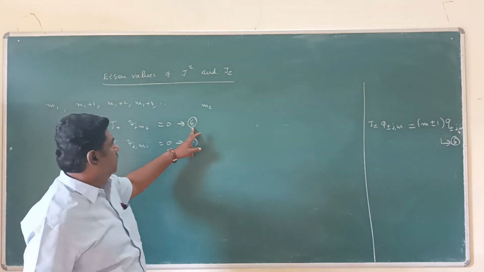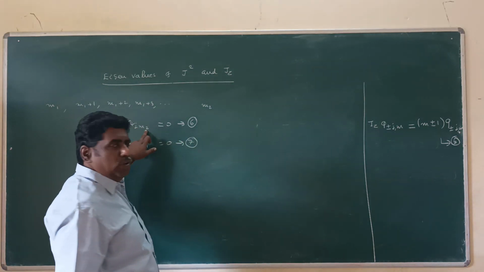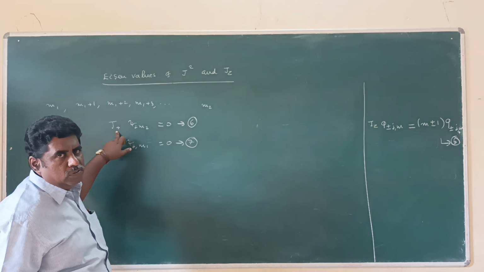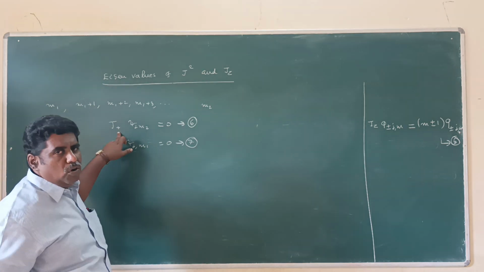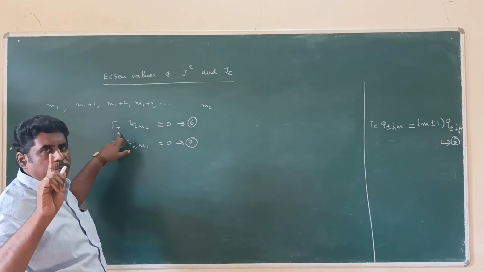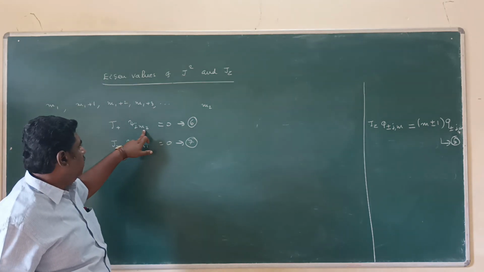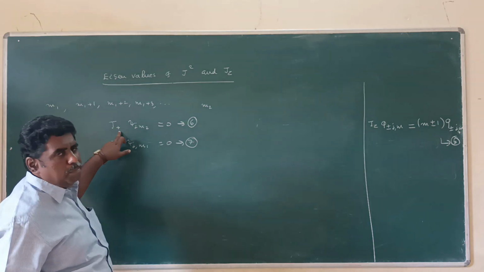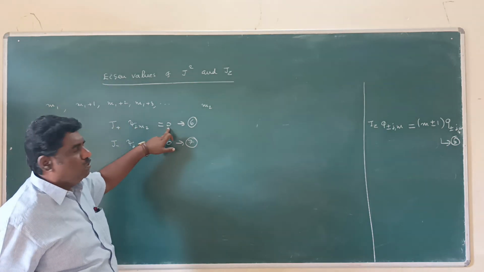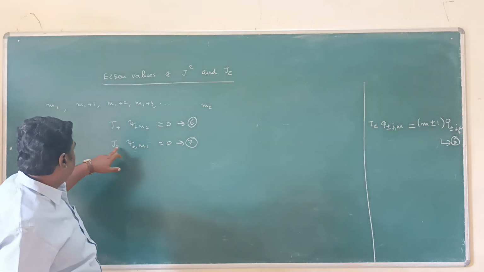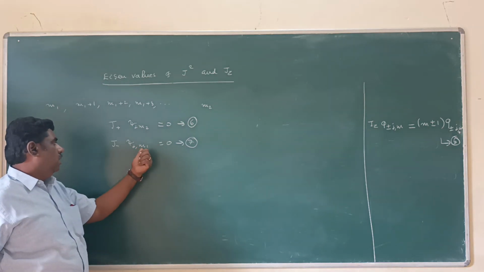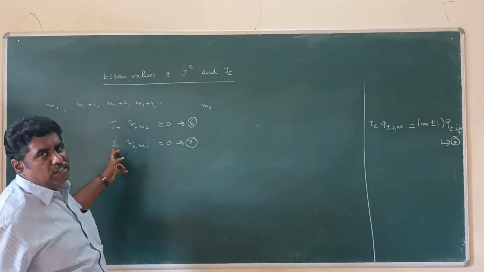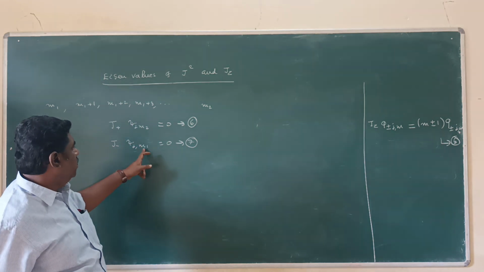See this equation 6. m2 is the highest value of m. The role of the raising operator is, when this operator operates on a function, the eigenvalue is increased by 1 unit. Already the eigenvalue is at its highest value m2. If you use J+ once more, then the result is 0. In the case of equation 7, m1 is the lowest value of m. If you apply the lowering operator once more, then the result is 0.